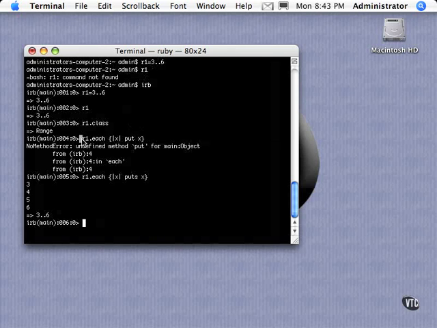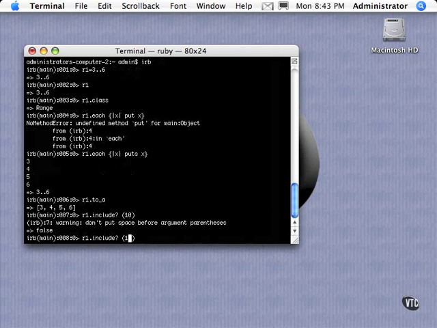You can use them to create arrays. If we go in here and say to_a, you'll get an array. It's a very quick and easy way to create an array on the fly. You can also test for range membership